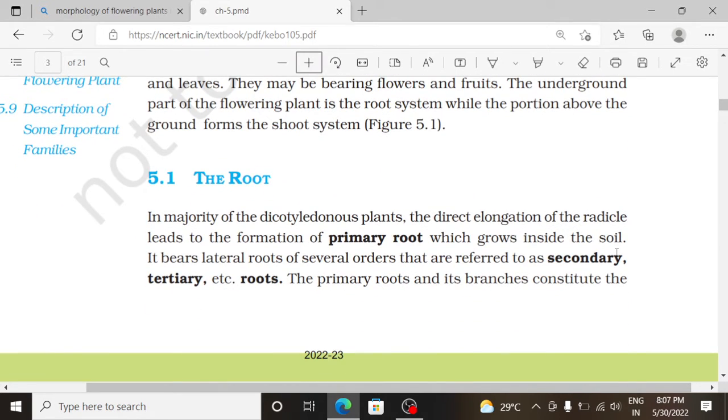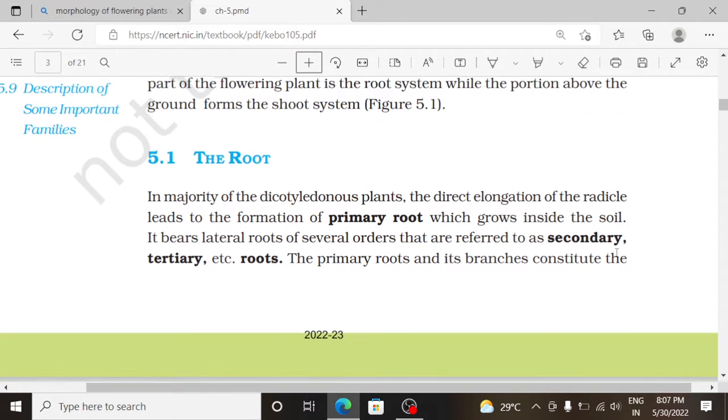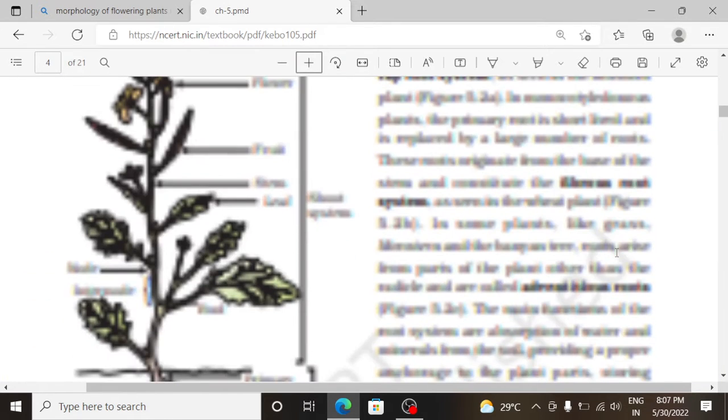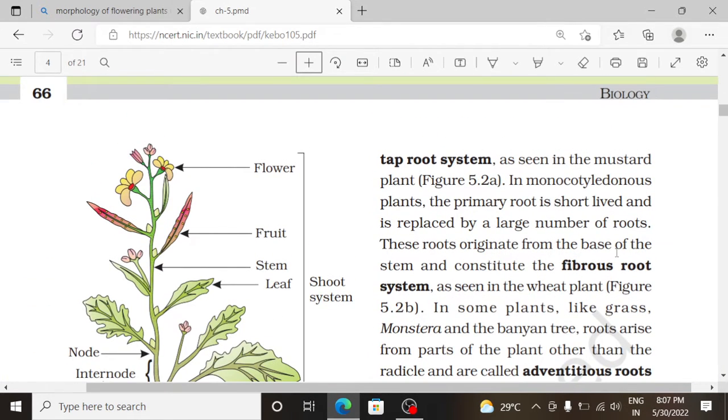In the majority of the dicotyledonous plants, the direct elongation of the radicle leads to the formation of the primary root, which grows inside the soil. It bears lateral roots of several orders that are referred to as secondary, tertiary, etc. roots. The primary root and its branches constitute the taproot system, as seen in the mustard plant. In monocotyledonous plants, the primary root is short-lived and is replaced by a large number of roots. These roots originate from the base of the stem and constitute the fibrous root system,